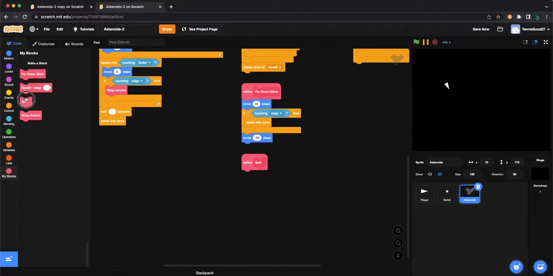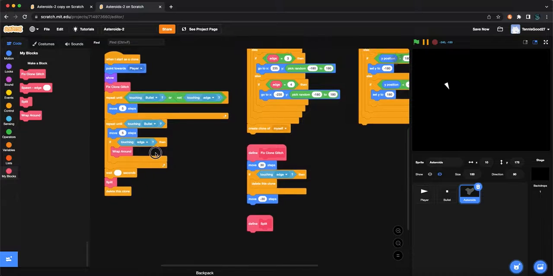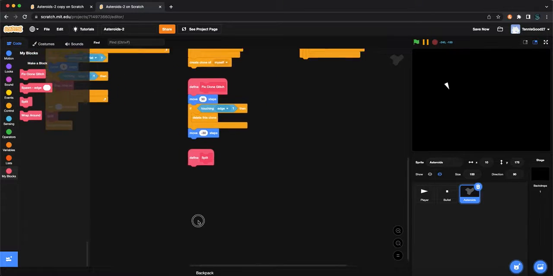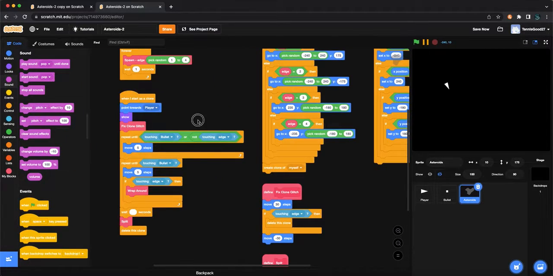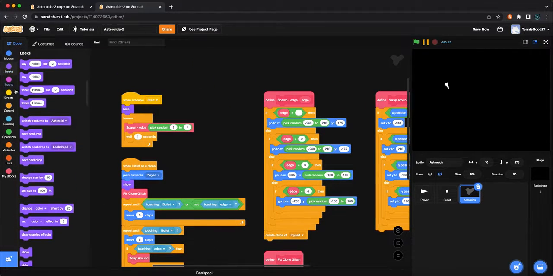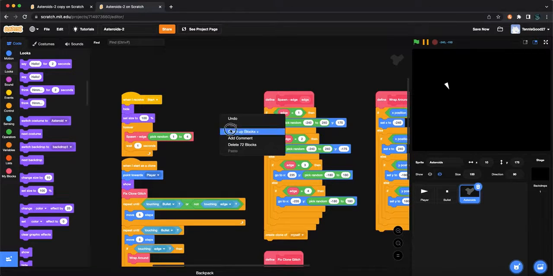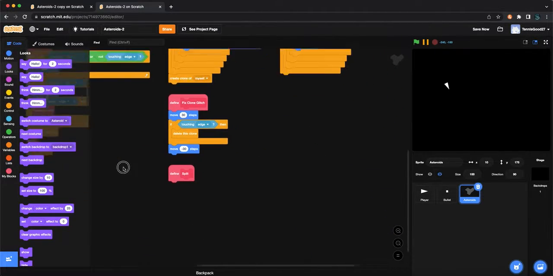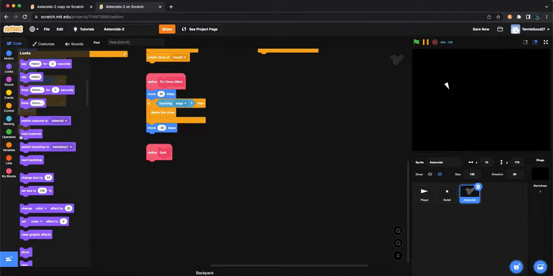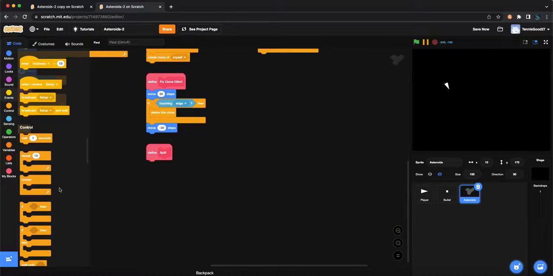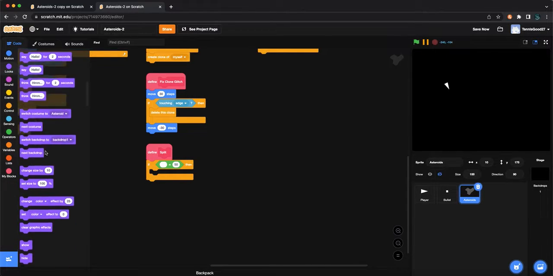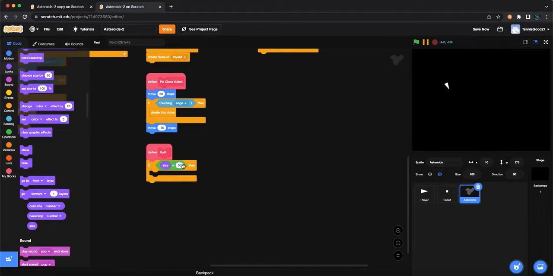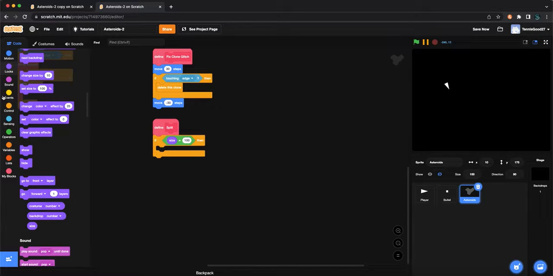Okay. I'm dragging the split block here. What you're going to do now is, before that, go here and set size to 100%. Okay. In the define split, you're going to do if size is equal to 100, then